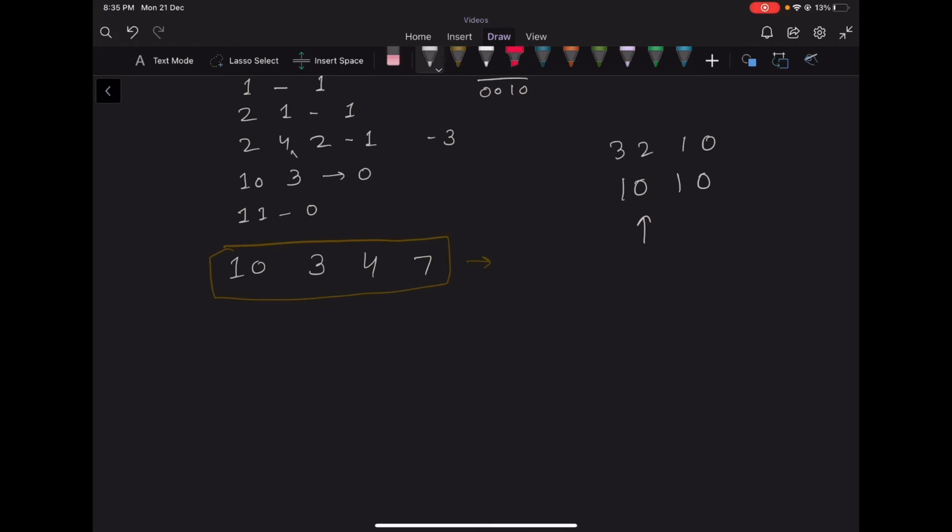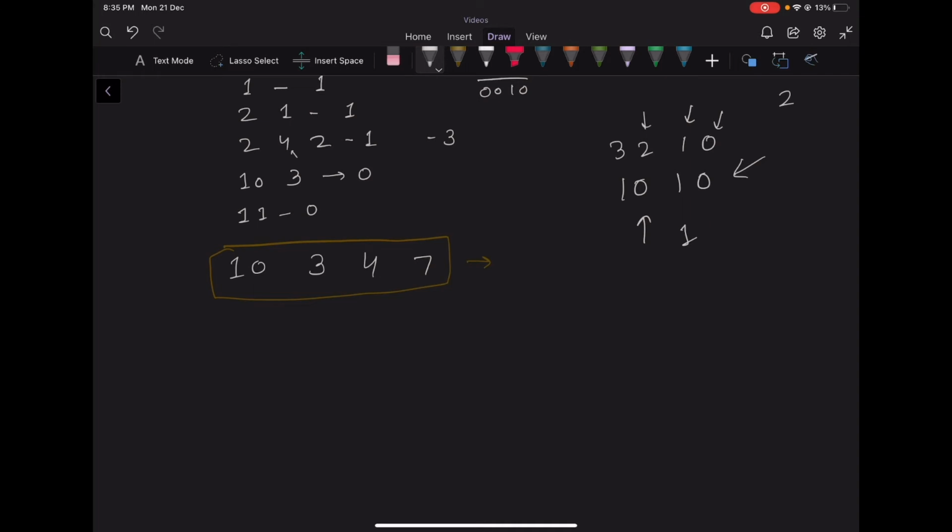So what we can do is iterate over all the bits in the number and find the number of operations required to move that bit to our final destination. For example, if we want to move all the bits to the second position, we iterate over 10. The 0th bit is off, so we don't have to do anything with it. The first bit is on, so we have to move it to position 2. How many operations will we require? We simply left shift it once, so we require one operation for this case.